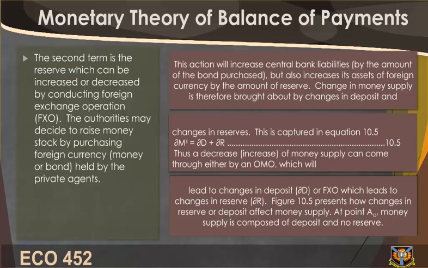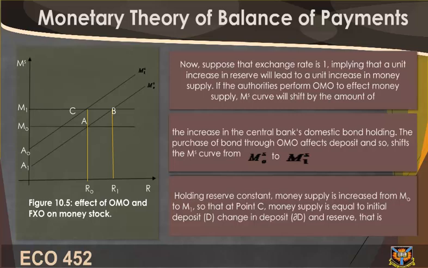Thus, an increase of money supply can come through either an OMO, which will lead to changes in deposit, the D, or FXO, which leads to changes in reserve, the R. Figure 10.5 presents how changes in reserve or deposit affect money supply. At point A0, money supply is composed of deposit and no reserve. Now, suppose that exchange rate is 1, implying that a unit increase in reserve will lead to a unit increase